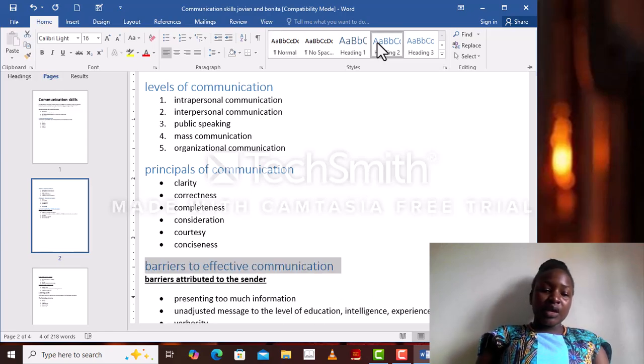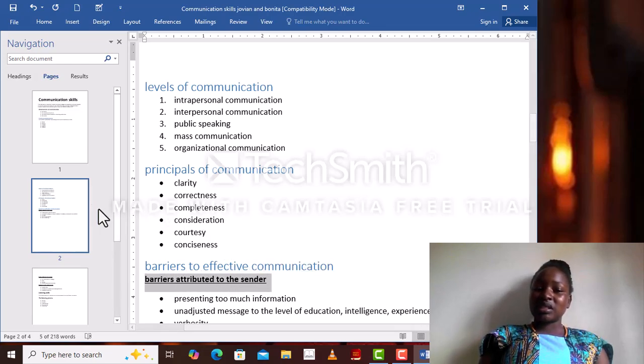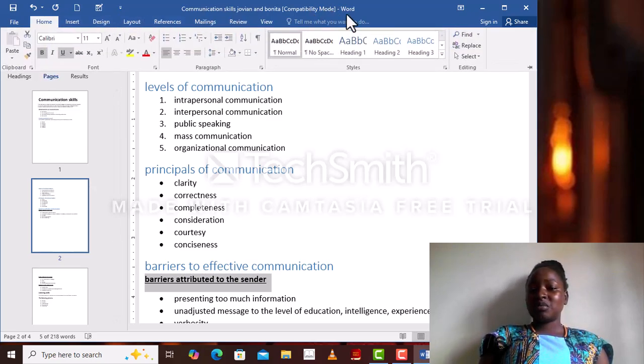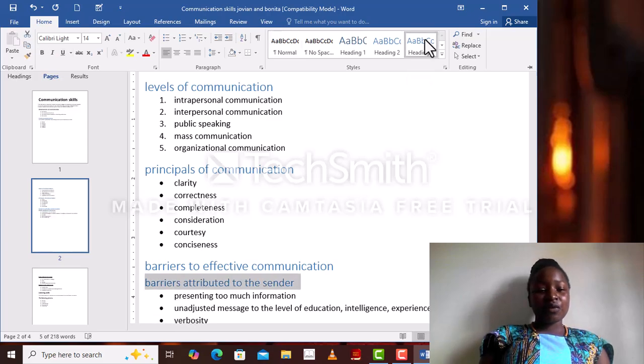So now you can see here under the barriers of effective communication. Remember, I've chosen barrier of effective communication as being under my heading 2, but then there is also another heading under barriers of effective communication, so that one can't be in the same heading. That is like the design I've chosen. So if you want it to be under the same heading, it's okay, you can still put it under heading 2, whereas for me I'm putting it under heading 3 because it is found under barriers of effective communication and